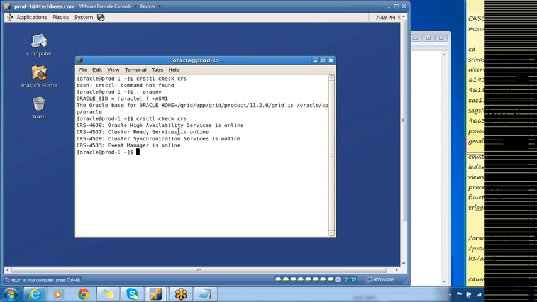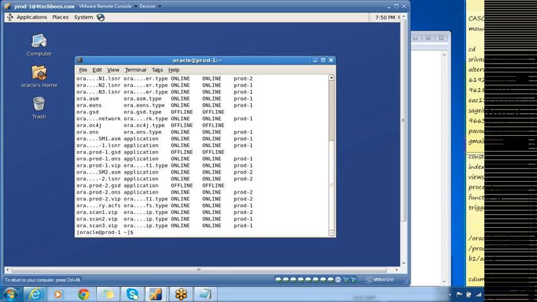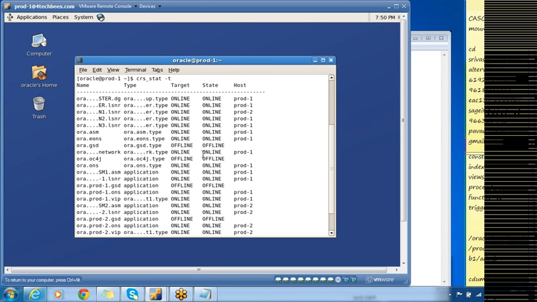And cluster ready service is a process which will take care of all the resources which are registered in the cluster. So once you have the CRS up and running, then only you can see the rest of the resources in the cluster online. If the CRS, the cluster ready service, is offline, then you cannot see each and every resource of the cluster, because if the CRS is up, then only we can read the content from the OCR, and the content from the OCR will be displayed on the screen. So just make sure the CRS is up and running. Now in this case, the CRS is up and running, so we just have to issue crs_stat -t, which will show you all the resources which are running.